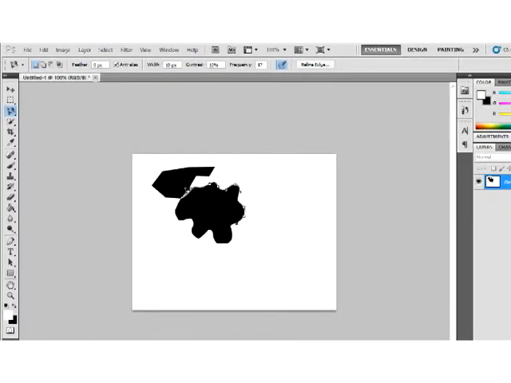Let's trace this shape with the lasso tool and move slowly around it. Sometimes you want to swing around a corner, so you click and create the anchor points yourself, so that you have points around the shape.